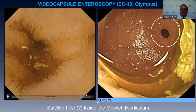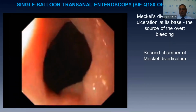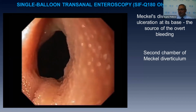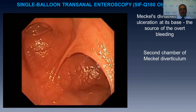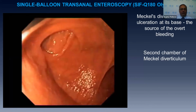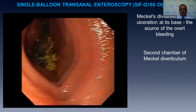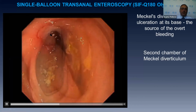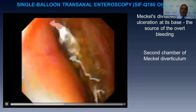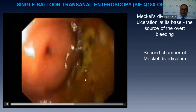And at the same time, we found the satellite hole inside the Meckel's diverticulum. That's why we decided to perform single balloon transanal enteroscopy to determine whether it was a fistula or something else. During this transanal enteroscopy, we of course found the entrance to the diverticulum itself, found the actual source of bleeding, the ulceration here, and using the single balloon enteroscopy, entered the diverticulum and found the hole here,